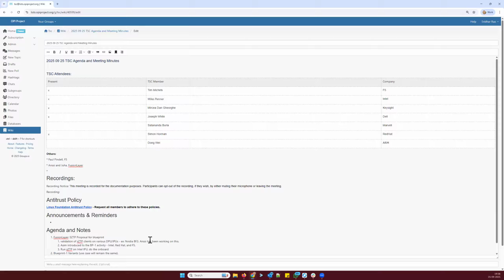What I told Asim is that perhaps we could join so that we could do the SZTP onboarding for the IPU, and then just drag and drop the Nginx engine into that IPU, and then it would be over to Red Hat to do the operational orchestration side of it. So that's what we discussed. And then he said, well, come to the TSC and tell everyone what you have in mind. So this is basically it.